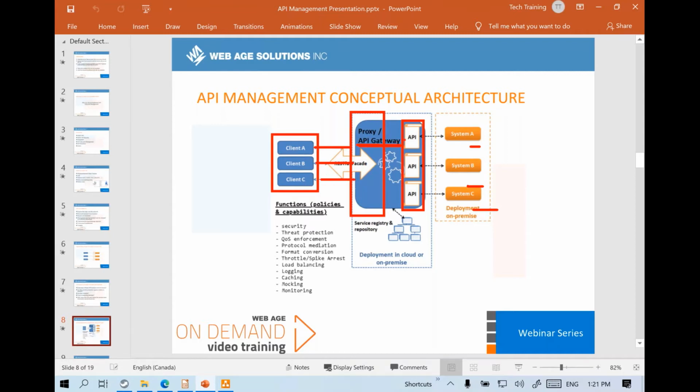And all your underlying APIs will receive requests through this particular API gateway. So this is sort of your API management or API manager solution. There are lots of off-the-shelf solutions available. And before I talk about some of them, the purpose of this API gateway here is to implement security.